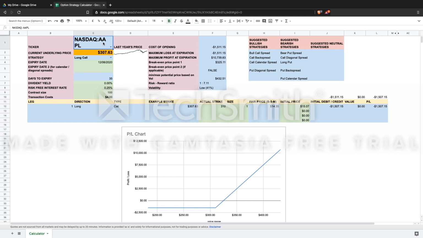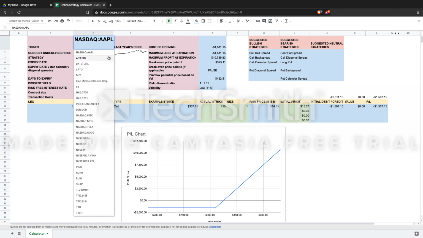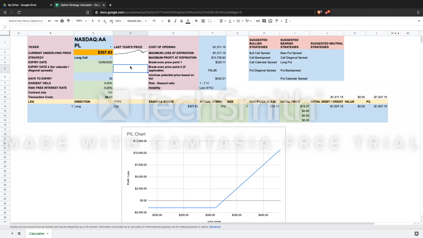So let's start with selecting the ticker that we want to explore options for. I've got a bunch of tickers in here. We're going to start with a very popular one, Apple. We select the ticker, and that will automatically populate the pricing data. So that's the current price, and that's last year's price